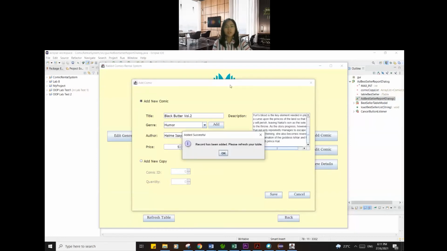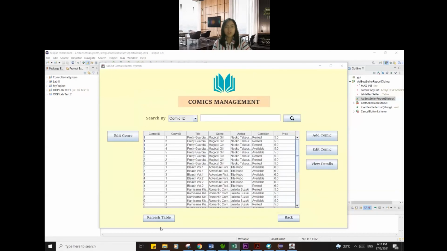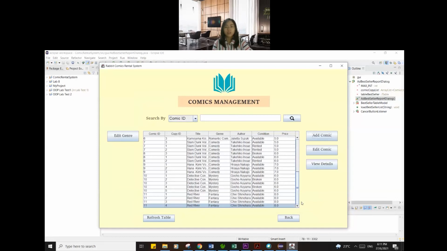So save. Then here will show the success message. Okay. And then here we refresh. Then as you can see here, number 13 is added into the database. So now,